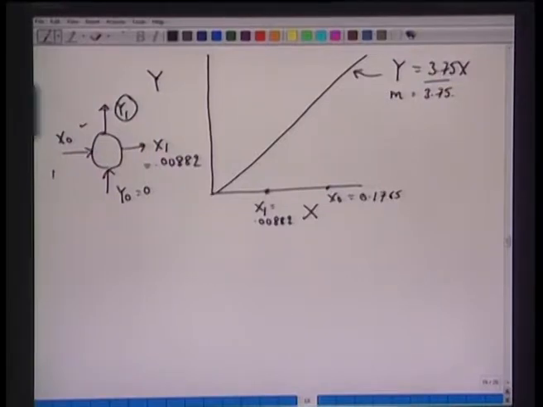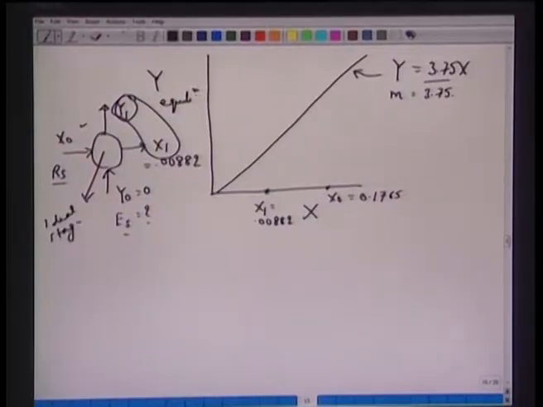Now, there are two ways, and you will get the same result. We know the flow rate here, Rs. We do not know this flow rate Es. If we know Es, we can obtain y1. If we know y1, we can obtain Es. But we know that y1 and x1, these two streams, are in equilibrium, because we assume it is an ideal stage. So the two streams which are leaving are in equilibrium, which means if we know x1, we can mark this, and we know immediately this y1, which we did earlier also.